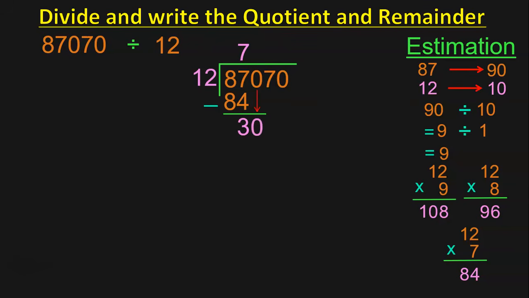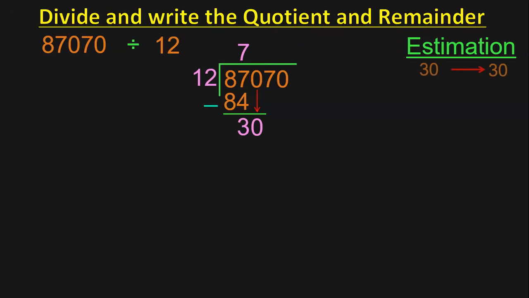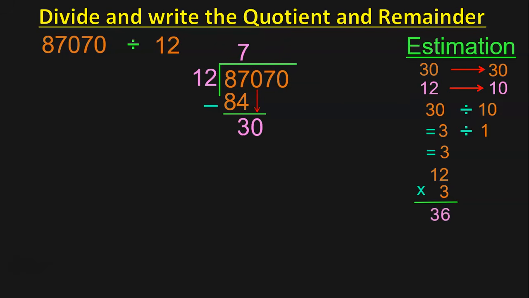Now we'll have to divide 30 by 12. Rounding off 30 is going to be 30 only. Rounding off 12 you get 10. 30 divided by 10 is 3. So if you take the quotient to be 3, you get the answer to be 36, which is bigger than 30. Next, try 12 into 2. You get the answer to be 24. So let us take the quotient to be 2. 12 into 2 is 24. Remainder is 6. Take and write down the next digit 7 near the remainder and you get